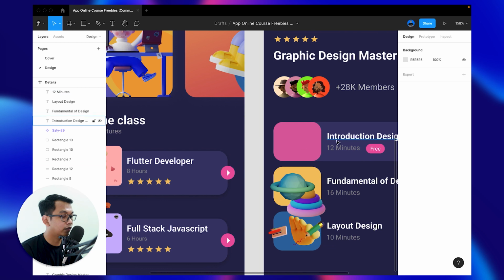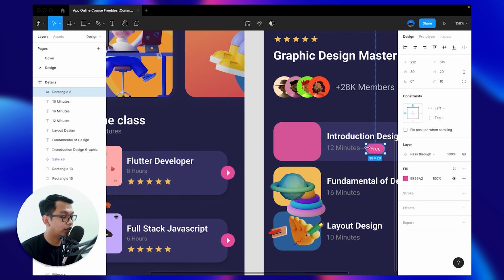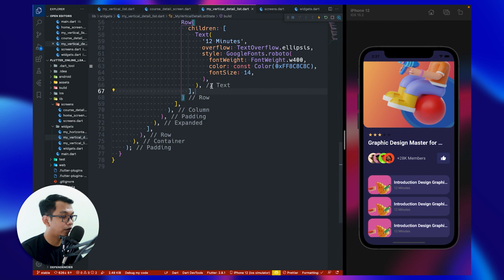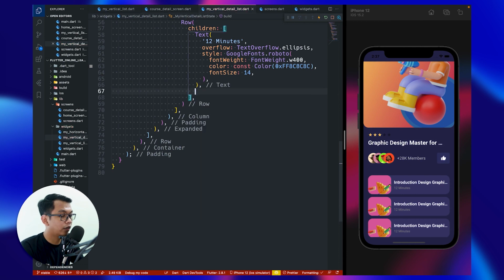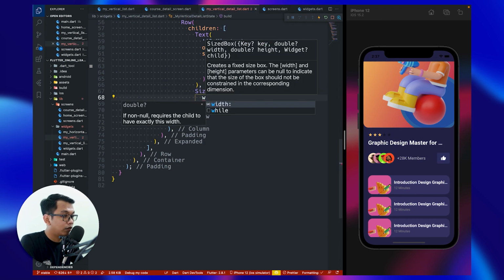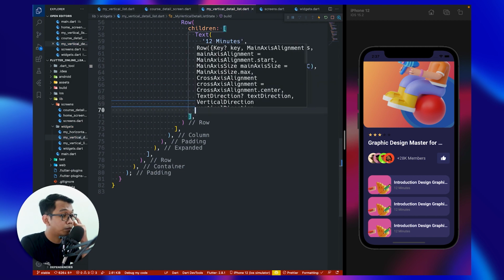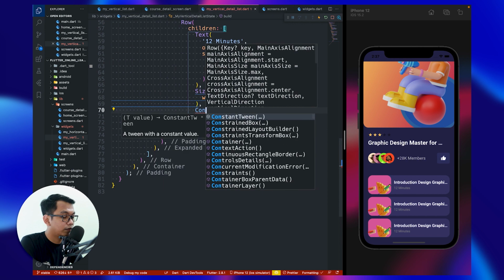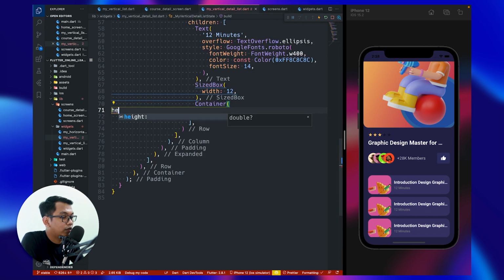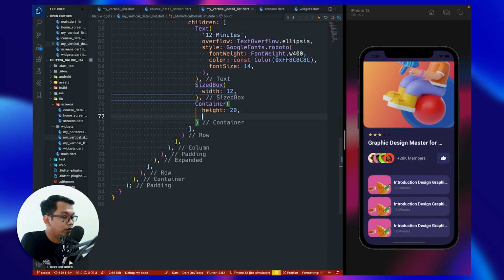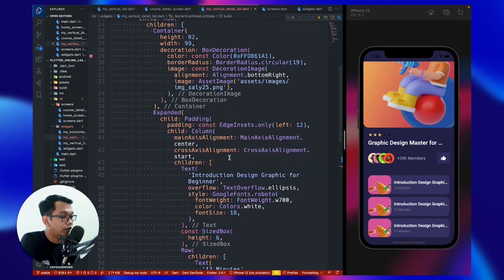And the next is a Container. So we add SizedBox again. For the width 12. And the next is Container. For the height is 20. And then decoration, we use BoxDecoration again.